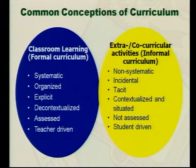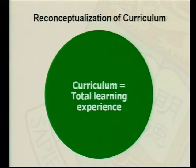What I'm saying there is that let us reconceptualize it, and let us say that these two should come together as a curriculum. So we redefine it as the totality of student learning experience. And once that was redefined, it's quite fantastic to see how it actually opened up a very different learning space for staff to think about what they can do and what they can achieve and what they can ask the